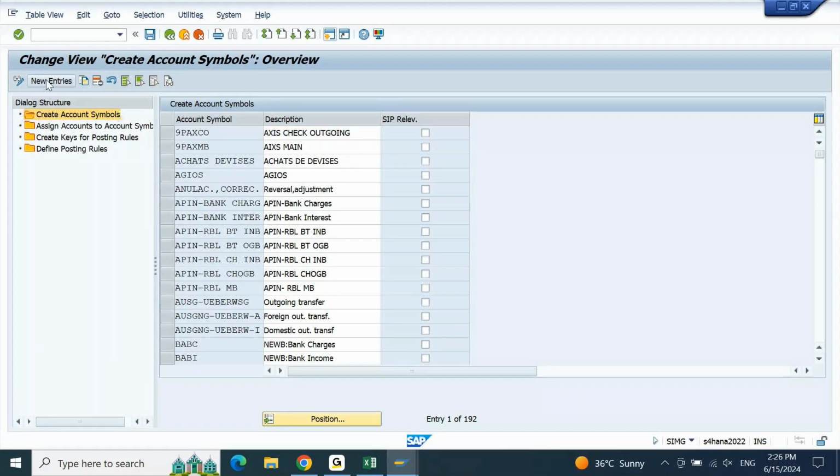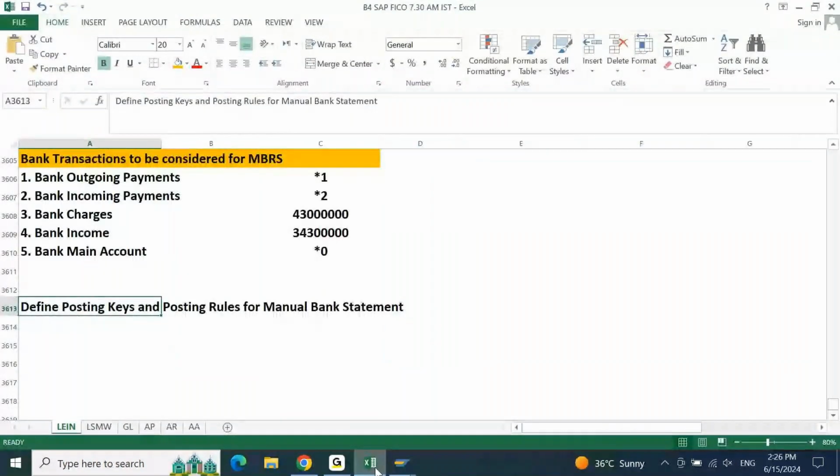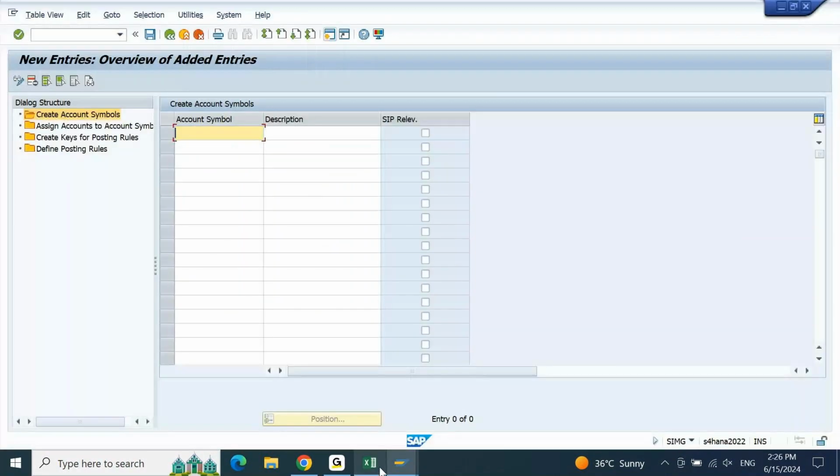Create a new entry. When you are creating the account symbol, it is nothing but this: bank outgoing, bank incoming, bank charges, these things. What I'll do, I am going to SAP. I'll put